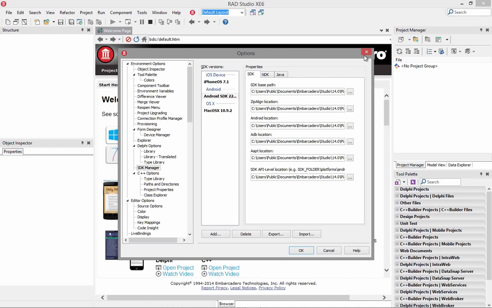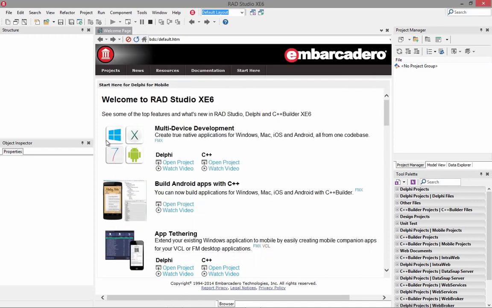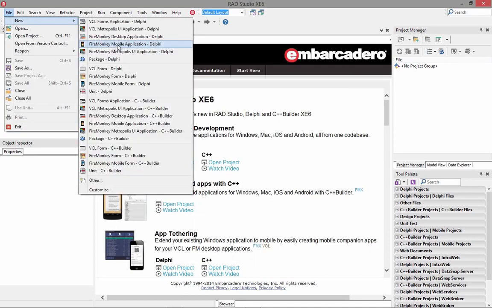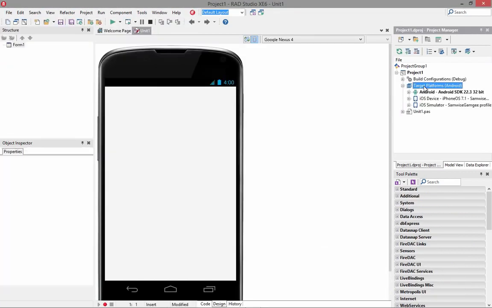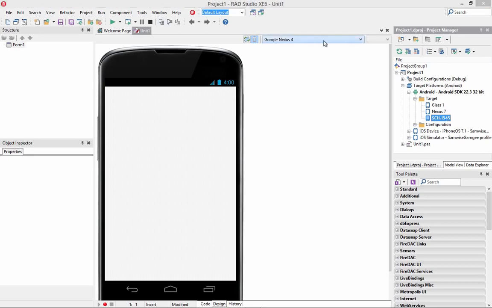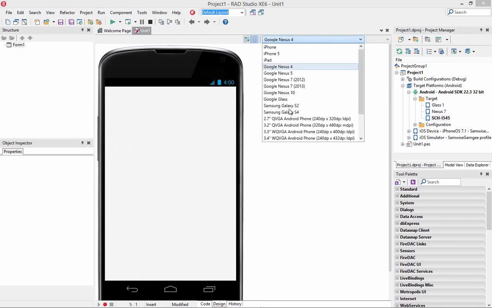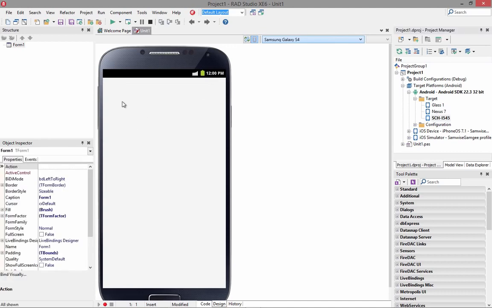So once we have the SDK installed, we can test to make sure it's all working by saying File, New, FireMonkey Mobile Application, Delphi, bring up a blank application, go under the target platform and see if we've got the SDK. We do. See what devices are already attached. Here I've got my Nexus 7 tablet, my Samsung Galaxy S4, and my Google Glass devices are all found. So let's just go and create a simple test program to make sure the configuration is okay with my Samsung Galaxy S4. I can use the designer and say Galaxy S4 to get its form factor, put a button down,